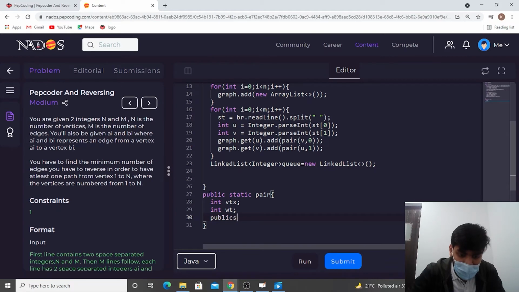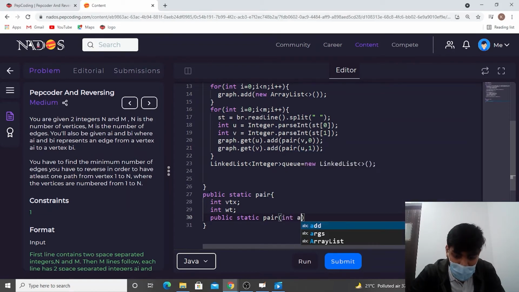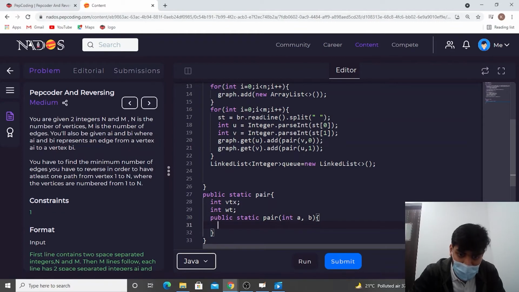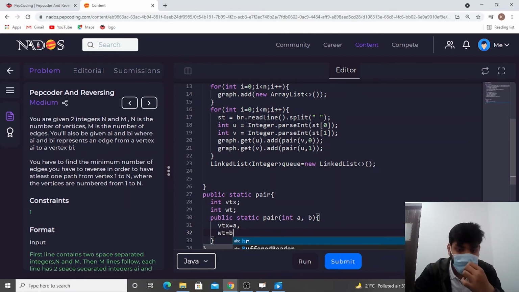Public static pair, int a comma b, vertex equals a, weight equals b. Okay,